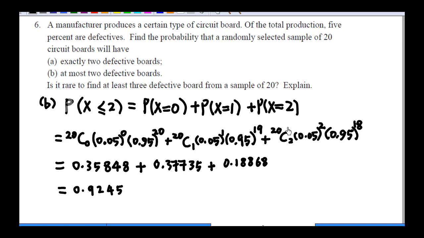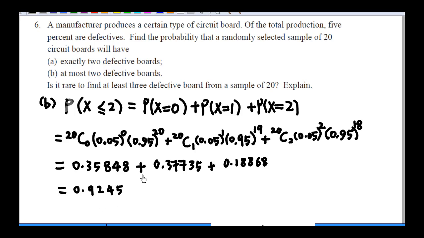Using the formula for the probability density function, we find the first term for x equal to 0 is 0.35848. The second term, for x equal to 1, is 0.37735. The third term, the probability of x equal to 2, is 0.18868. The sum is